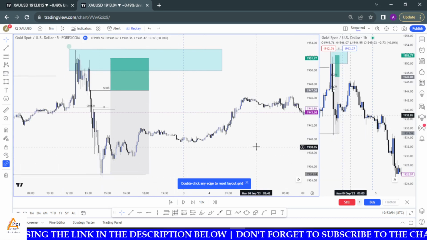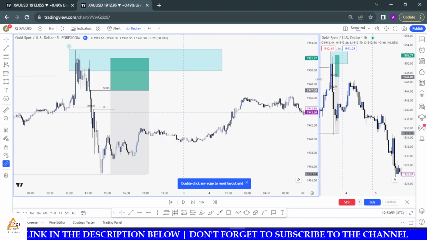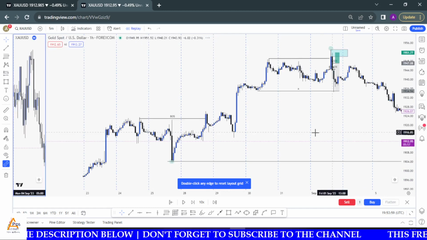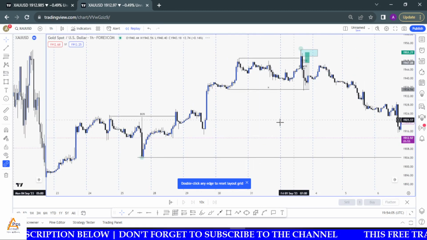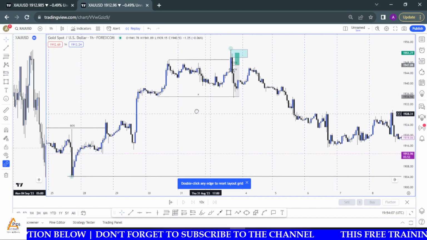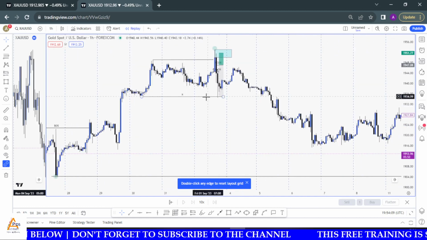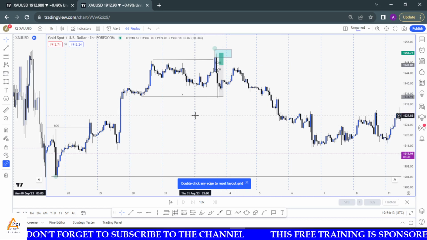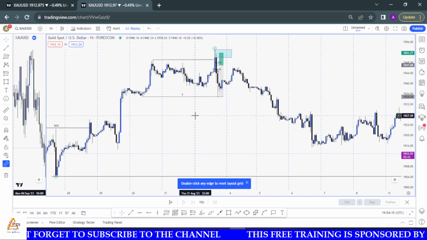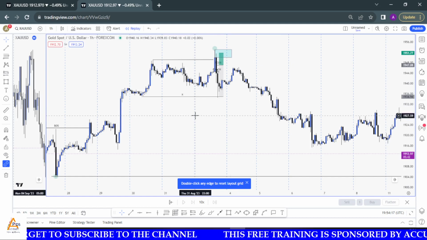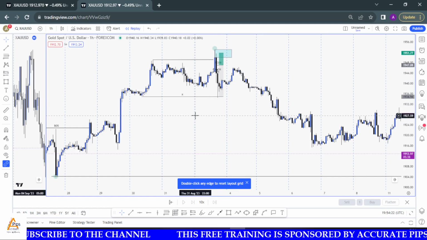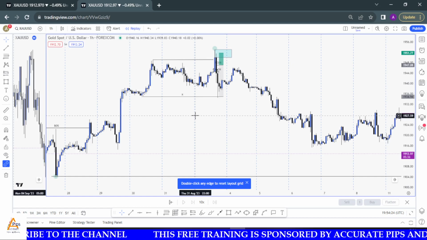IDM. So we need to go back to H1 and look for our decisional OB. Okay, for the buy, you need to look for our decisional. So this is our IDM. Where is the nearest demand zone or OB just after our